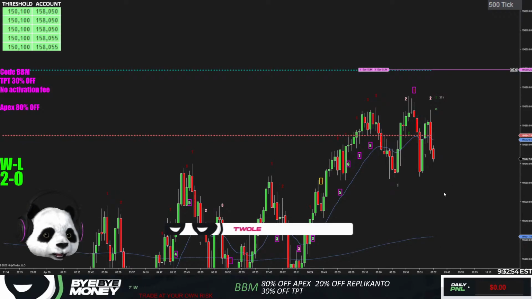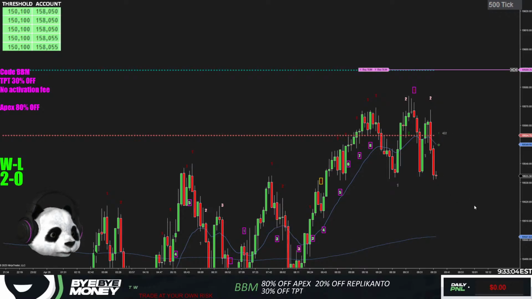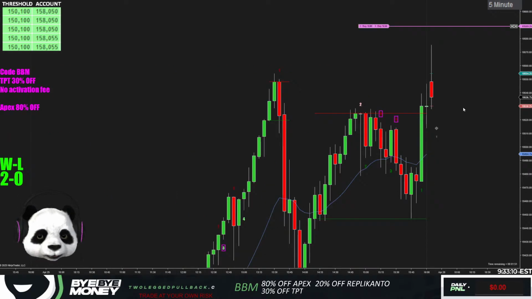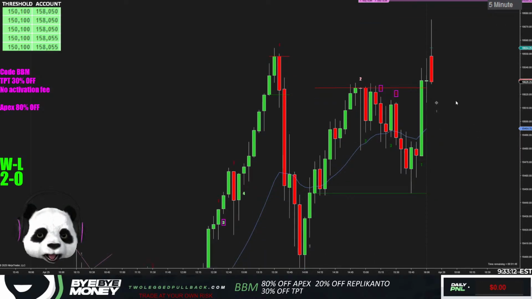I mean, you want to fill that gap still on the 5 minute chart. That's what I'm thinking, but this has to be it. There it is. All right. Yeah, there it is. 5 minute gap filled. Finally. We're so close to it. We triggered Big Mom on the 5 minute chart.